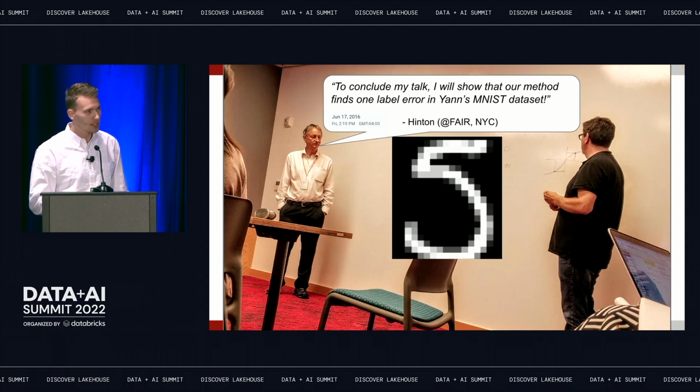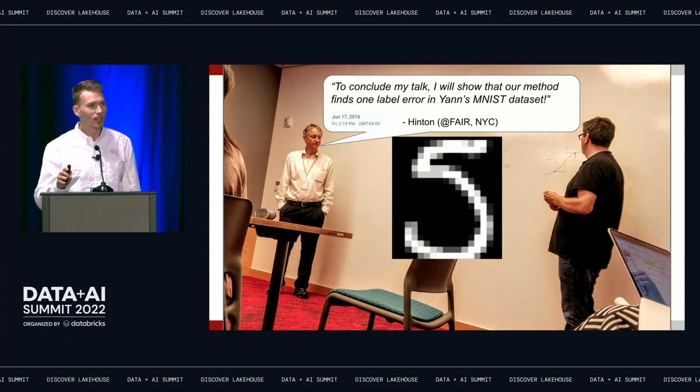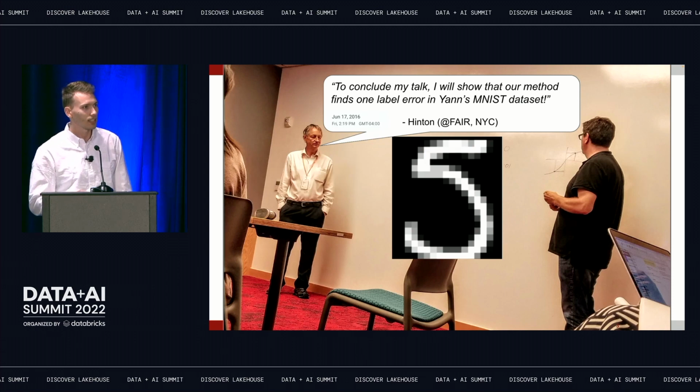But I was having a good time, and we were working on an interesting problem. And Jeff Hinton came, and the reason I'm sharing this slide is because it gives you an idea of the state of the field in 2016. This is one of, in my opinion, and I think many others, the greatest minds in machine learning, giving a talk to one of the other greatest minds in machine learning. And what is he sharing? He's sharing that he found one single error in a data set. This was exciting, to find one error. And so I've asked this question: well, how would you do it at scale? Like, how would you find millions of errors across any data set?